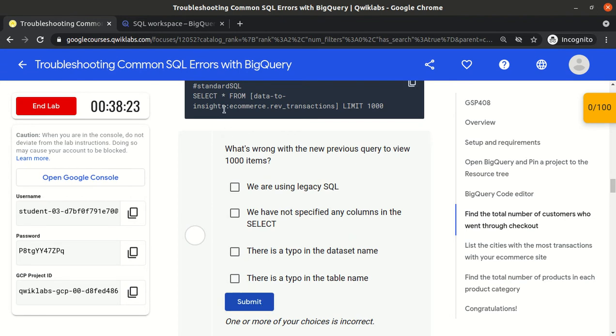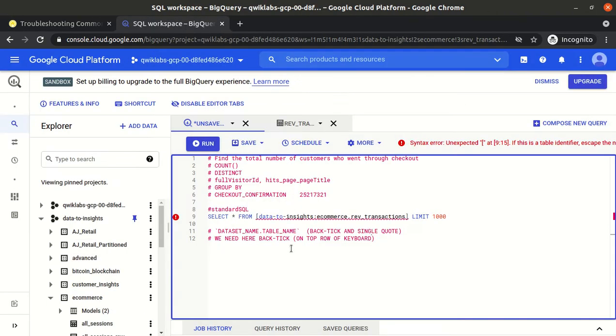Because here we are using the colon, but we never use the colon, we always use the dot operator. So here we have given this colon. Does this come under the data set name or the table name? So is it a typo or something?